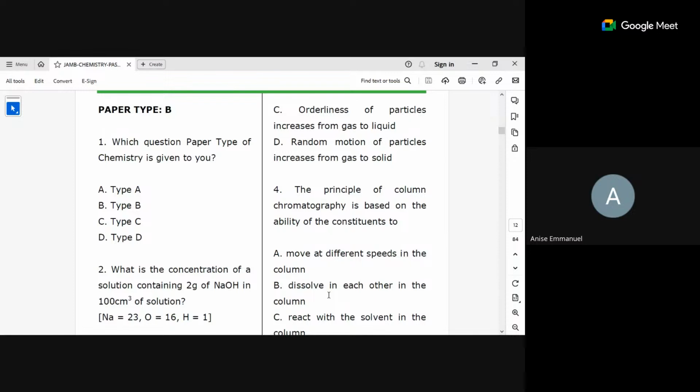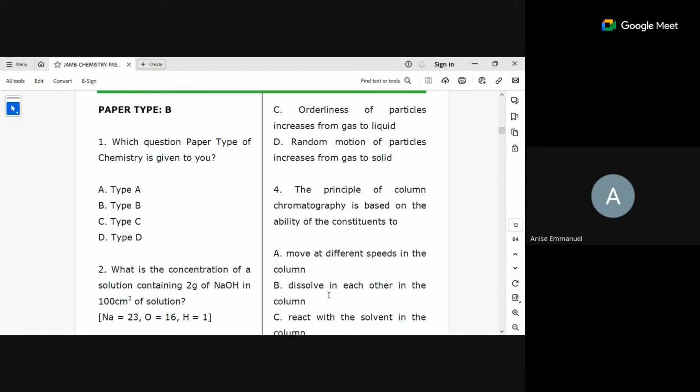Now, the second one is you set realistic goals. Let's say today you wake up and say, okay, I want to cover this particular topic. Something you know you can achieve. Don't just set something. You understand? Set something you know you can cover. Okay, I want to cover factorization today. I want to cover separating techniques today. Are you getting it? I want to cover a particular separating technique today. Then it should be realistic, something you can achieve.